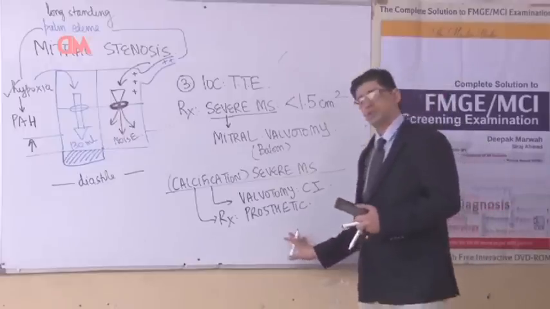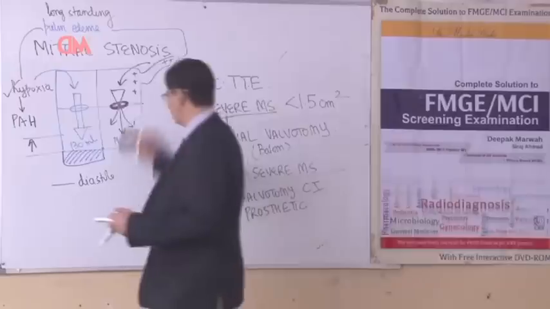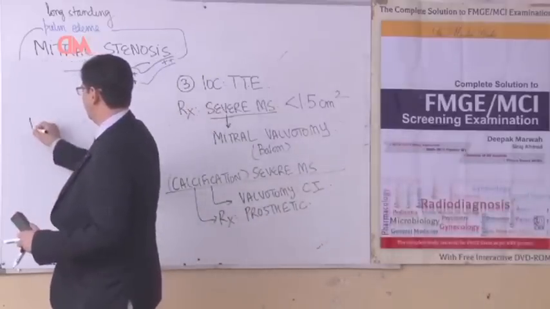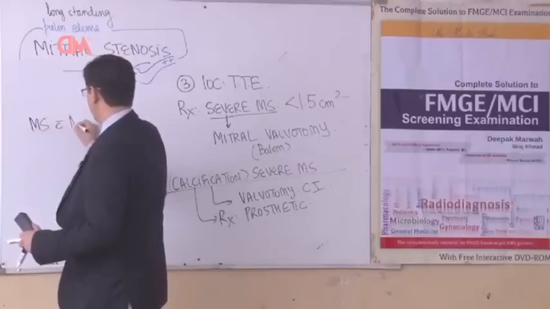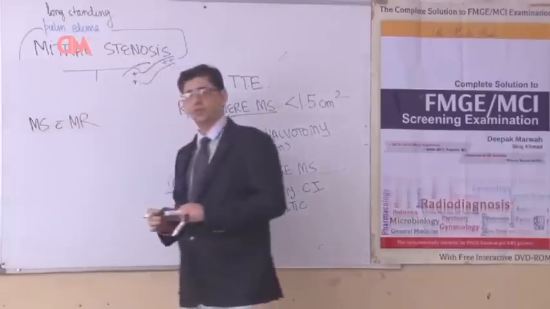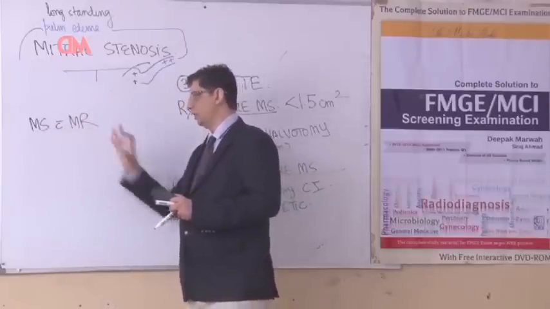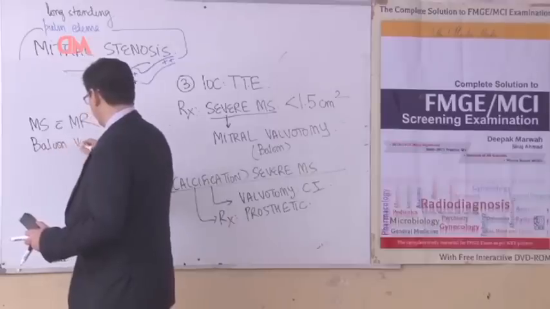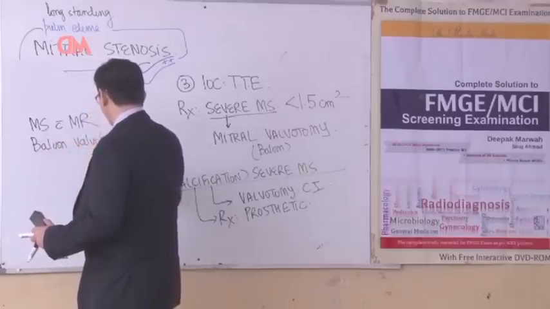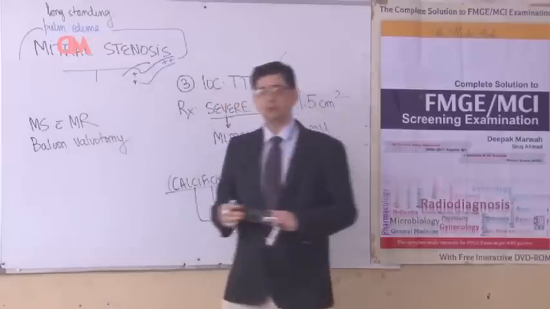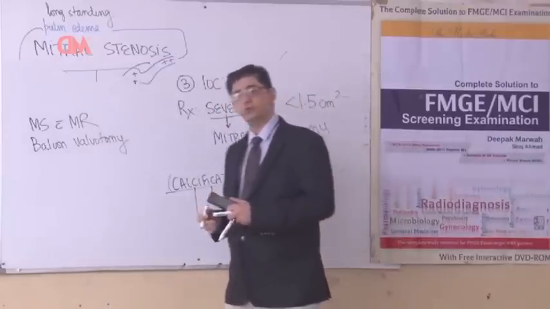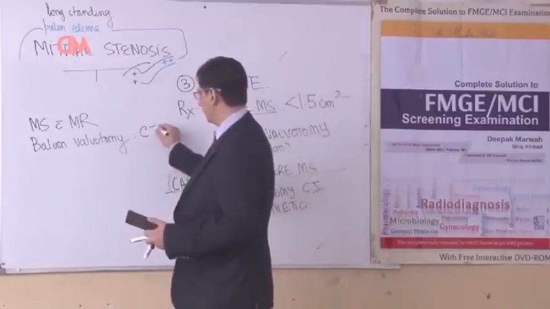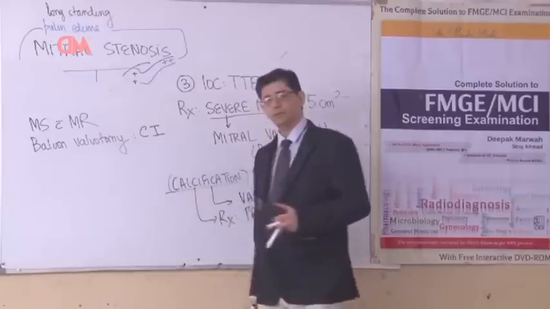Just to see whether you got this concept or not, especially for calcified mitral stenosis, I would like to make it clear before you. Let me say hypothetically the MCQ says patient is having mitral stenosis with mitral regurgitation. If I'm going to do a balloon valvotomy in the patient, I'm going to deploy a balloon in the mitral valve area. When I deploy the balloon, obviously mitral stenosis will improve, but mitral regurgitation will worsen. So balloon valvotomy would be contraindicated even in patients of MS with MR.